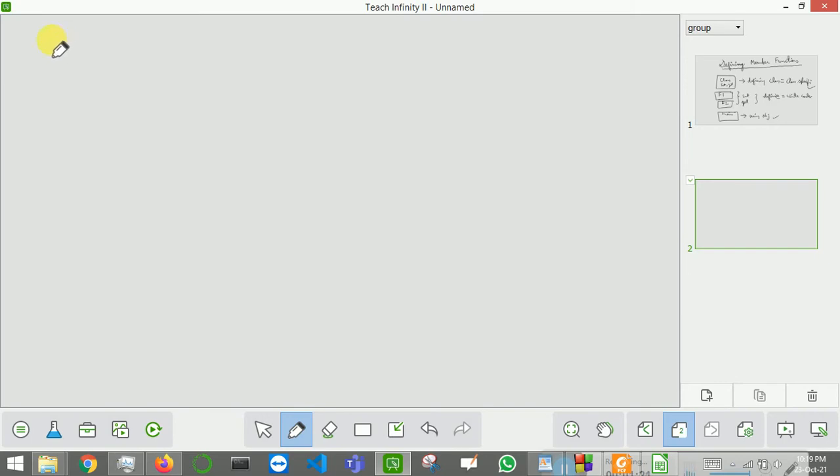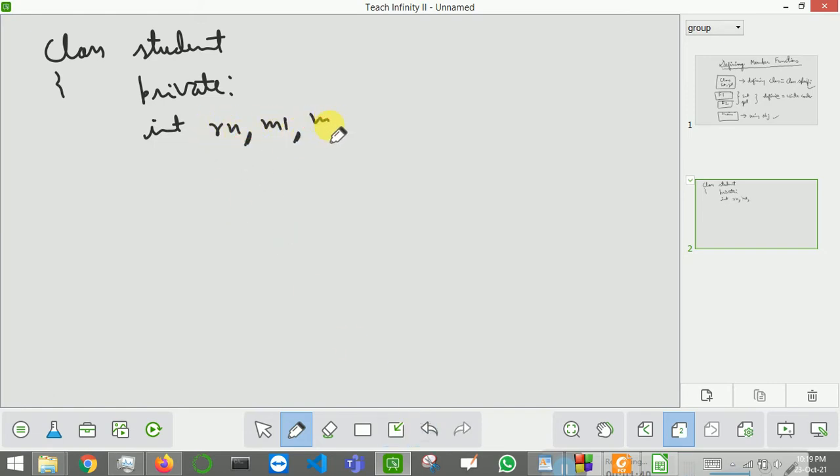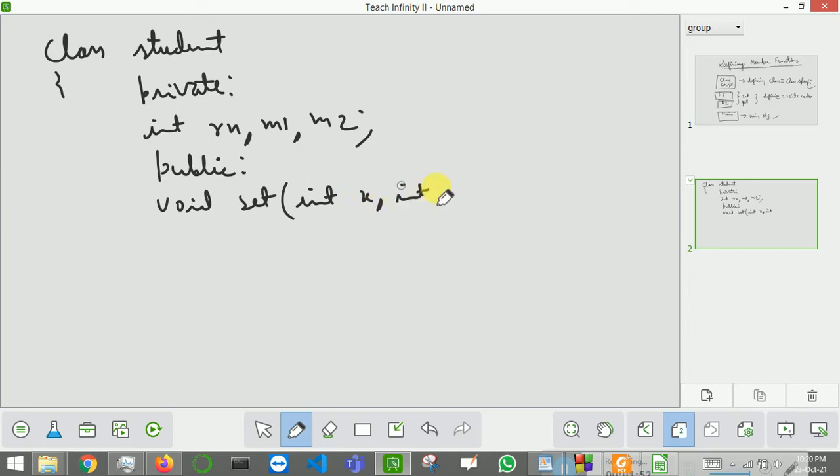I will be writing the class first, class student, and then will come your private variables, private int roll number, marks 1 and marks 2, and then under public you will write functions. For example void set, and then I will write the parameters int x, int y and int z.